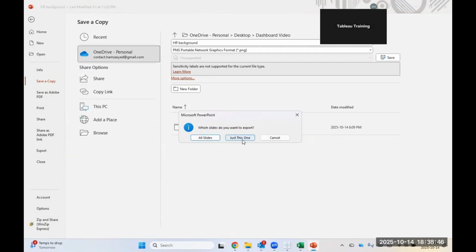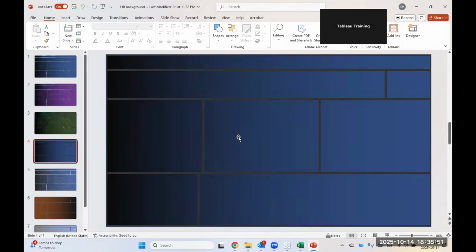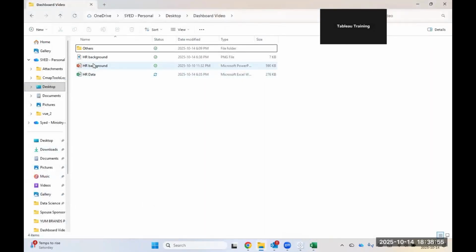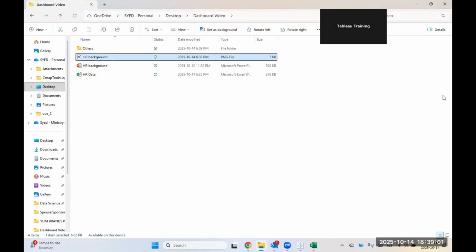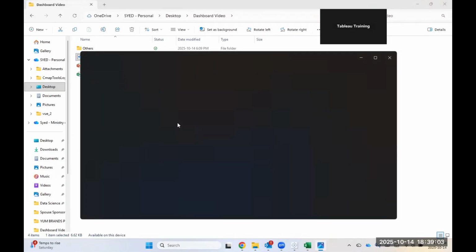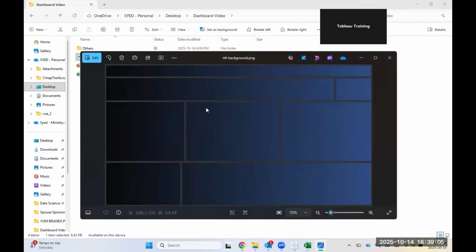I want to just export this one, so I'll just say just this one. And when I click Yes and close my dashboard, you will be able to see that image has been exported into a PNG format, and this file is exactly the one I chose from my PowerPoint slide. So this design is something I'm going to use for my dashboard, but that's after you have completed your